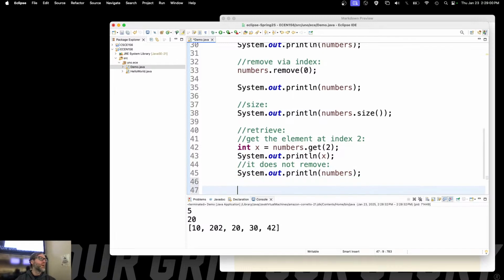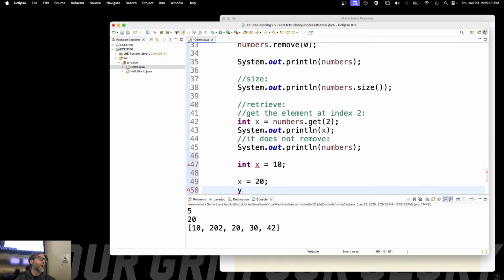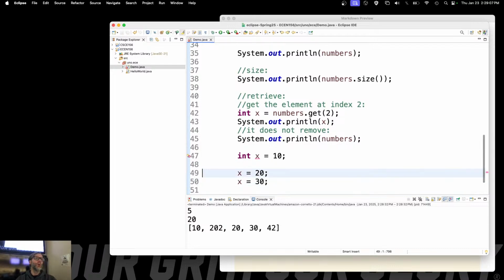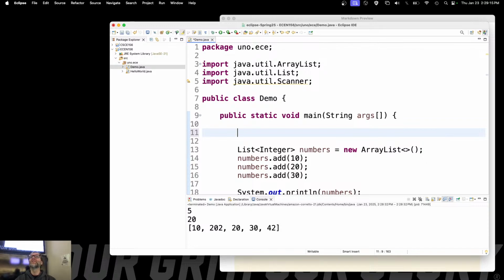Like, what do you mean? Like, int x is equal to 10. You can always go x is equal to 20, because it's a variable. Now, that's a good question, though. What's the opposite of a variable? Something that doesn't vary is a